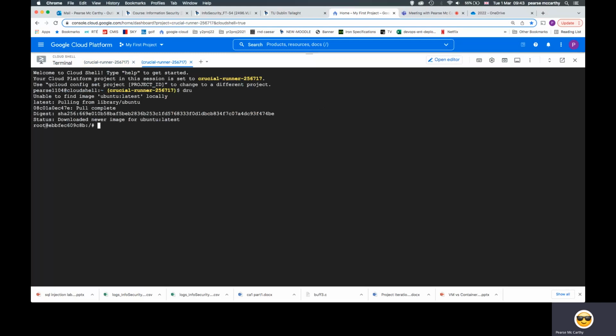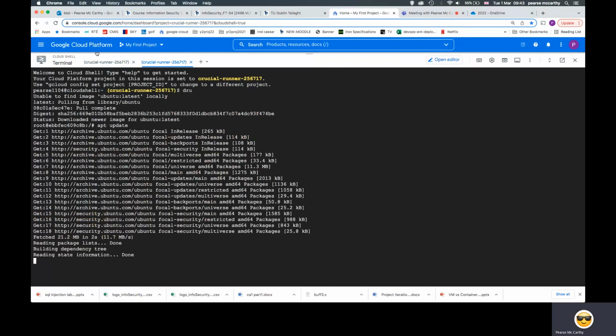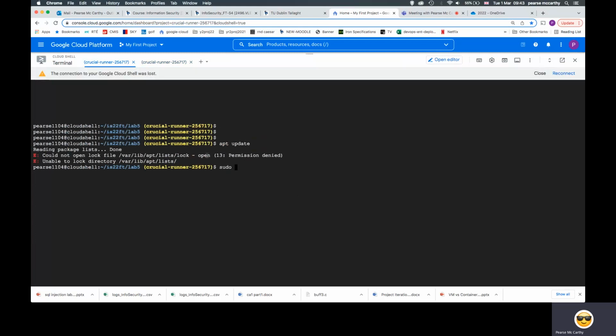you will see that you're in as root, okay? And if you're in as root, you have root permissions. The apt update will work. Whereas if I'm in as a normal user on a Linux machine, it won't work. So what I need to do is type sudo, and all sudo does is temporarily give you higher permissions to be able to execute the command that root would normally execute. So if I do that,